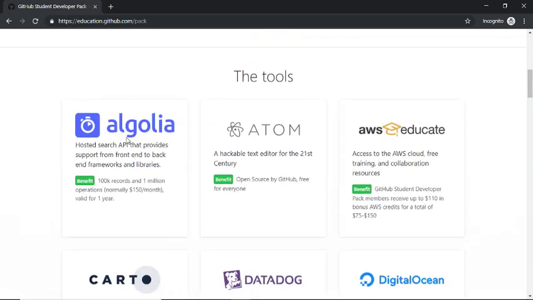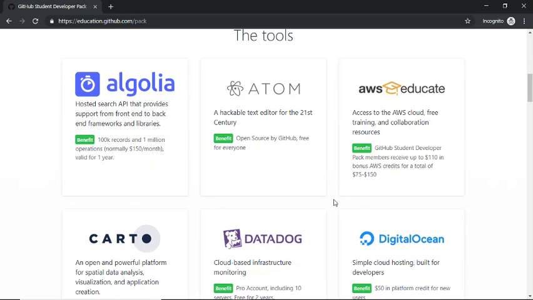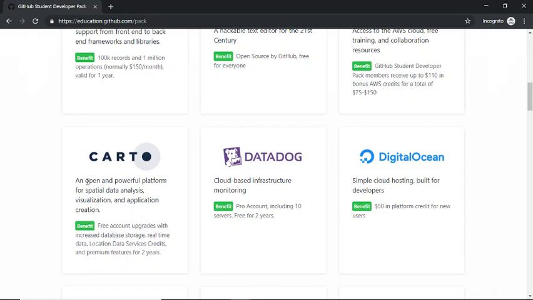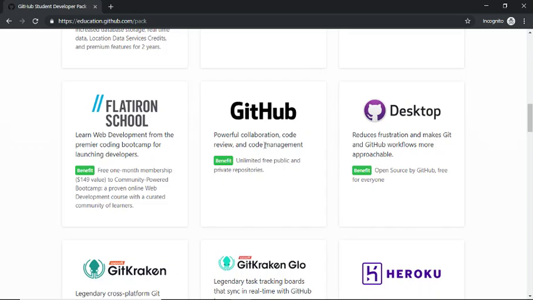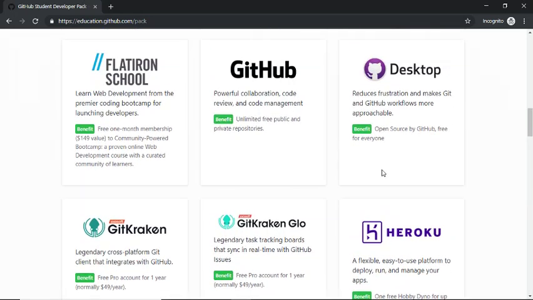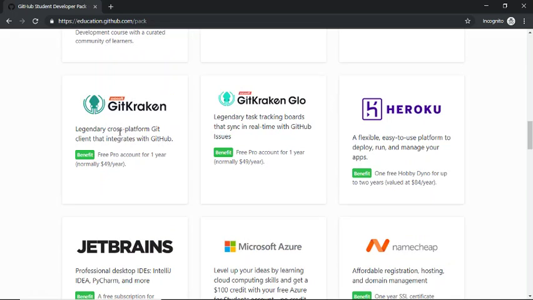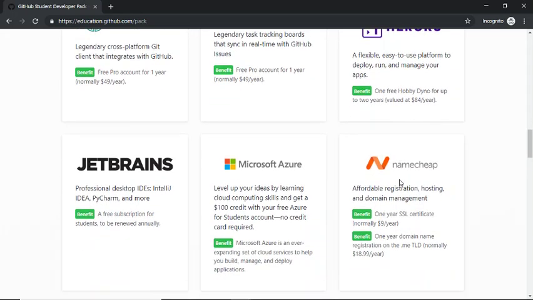So you have Agolea, Atom, you have AWS Educate, which is very good. You have Cart, I'm not familiar with Cart. You have Datadog, you have DigitalOcean, you have GitHub, which is what we want. You have Git Desktop. Oh, I didn't know about this. You have Learn Web Development from Premier Coding School, free 1 month. You have Git Kraken, Git Grow. You have Heroku. You have Namecheap, Microsoft Azure,